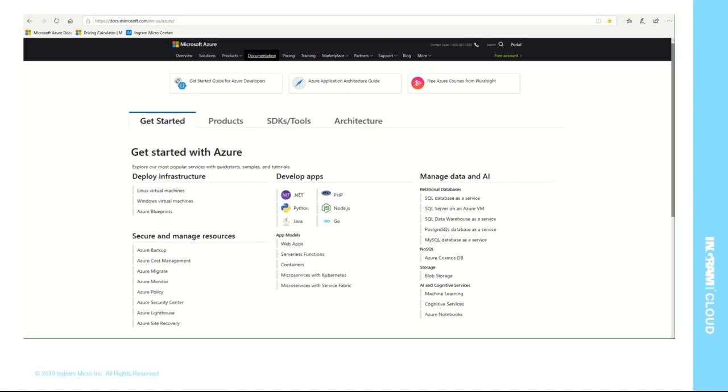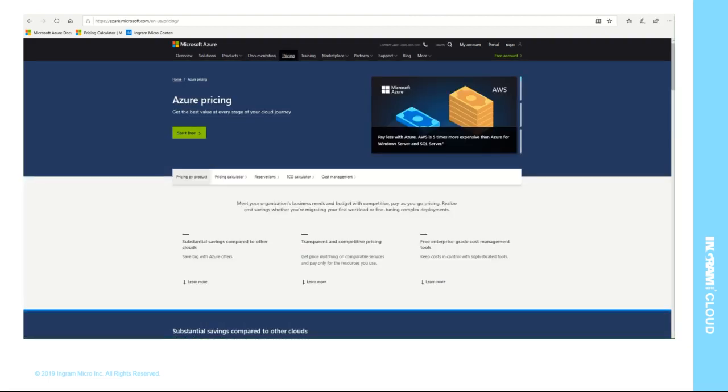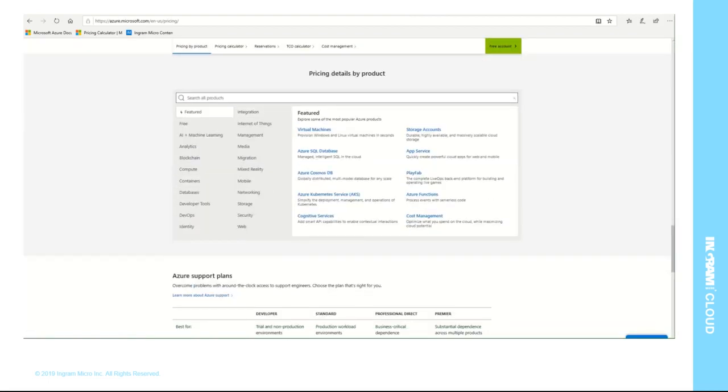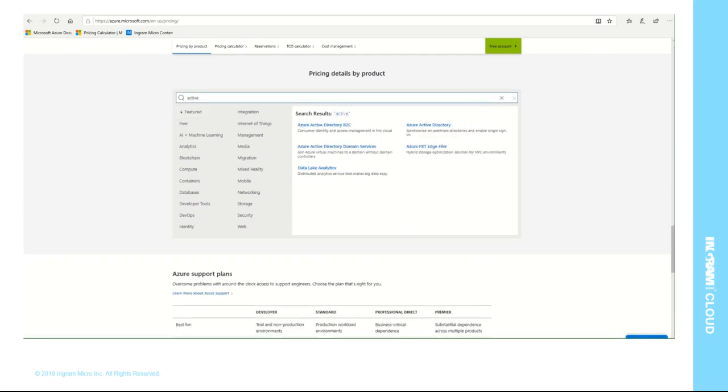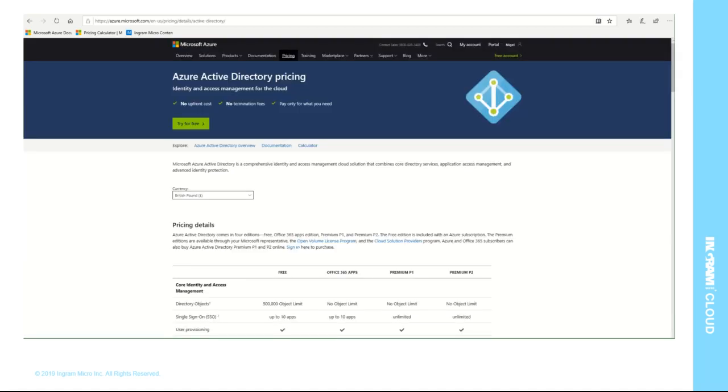Let's take a look at the different editions of Azure Active Directory, some of the features and the associated costs. The best way I found to look at pricing for a particular solution is to use the pricing by product option on the Microsoft documentation pages. From here, if I select pricing by product, I can start to search for Active Directory